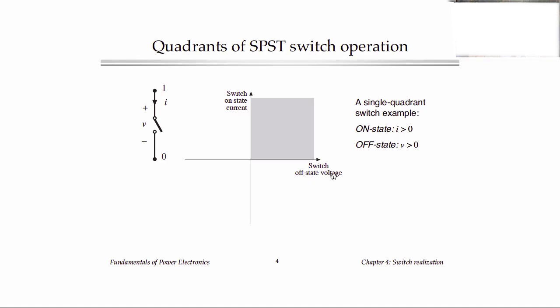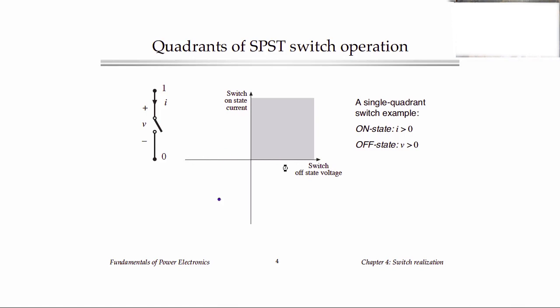So the switch off-state voltage generally is determined or given by the input voltage VG, or perhaps a capacitor voltage in the converter, or maybe the output voltage. But we have to see how large that voltage is and whether it changes polarity. So perhaps it is positive at some values of duty cycle and negative at others, and